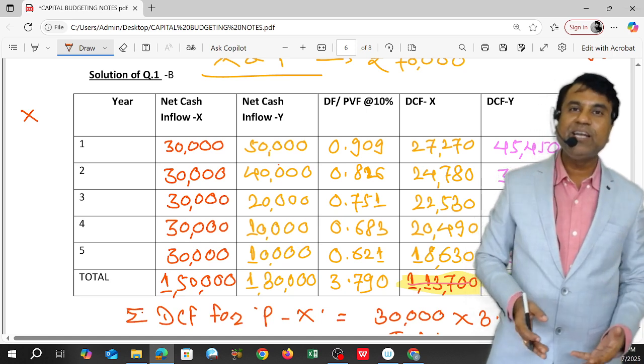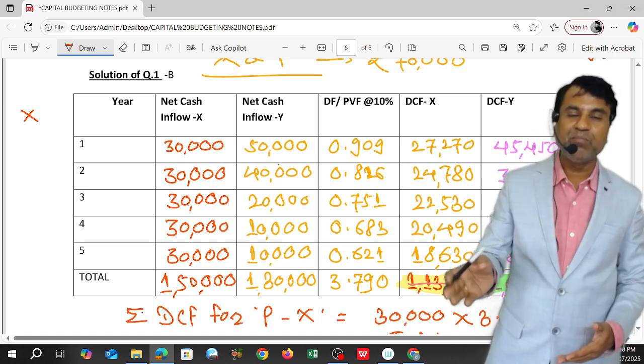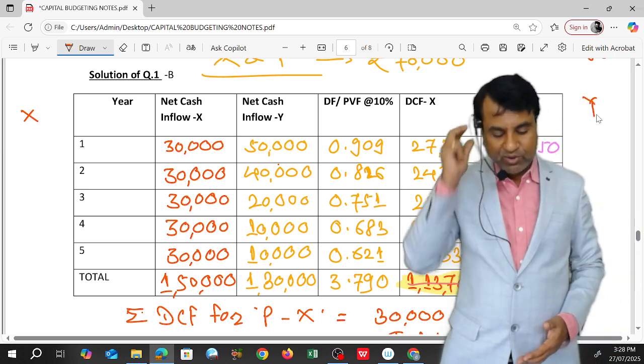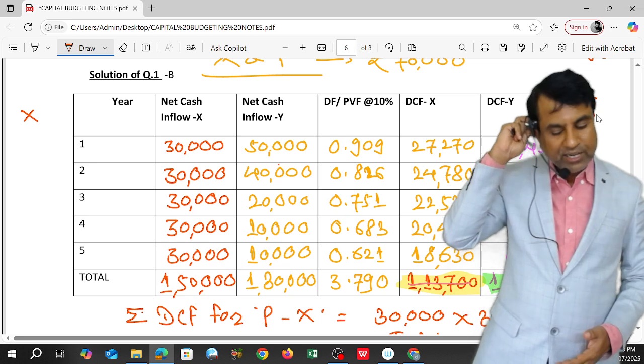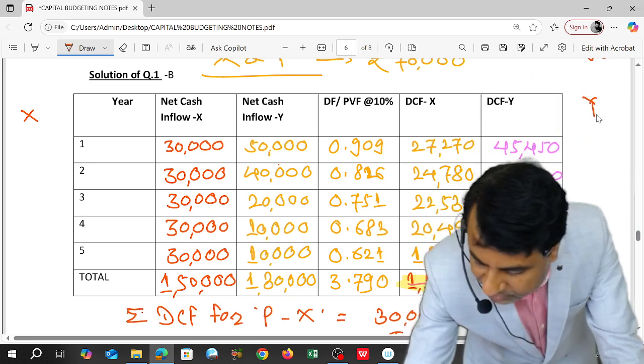Because today we are calculating present value, so the future cash inflows were the same, but the present cash inflows are differing because of the discounting factor. क्योंकि पहले का डिस्काउंटिंग फैक्टर 0.909 है, दूसरे का 0.826 है, तीसरे का 0.751 है, तो वो हिसाब से वो वैरी कर रहा है. तो पहला ले लेते हैं